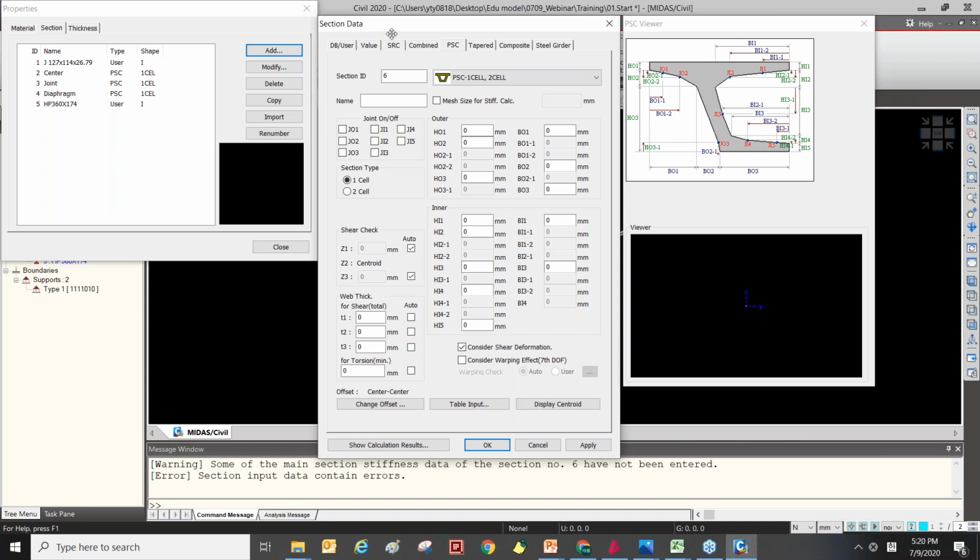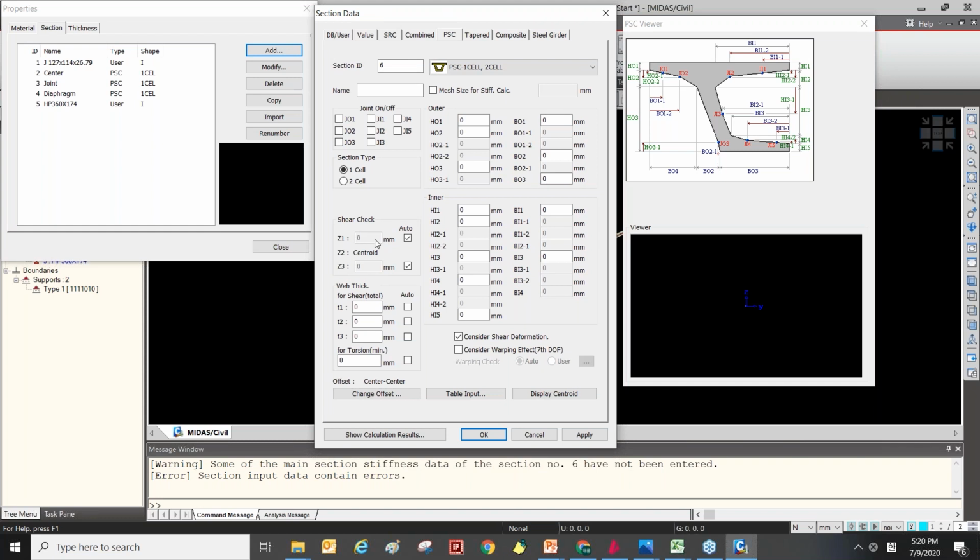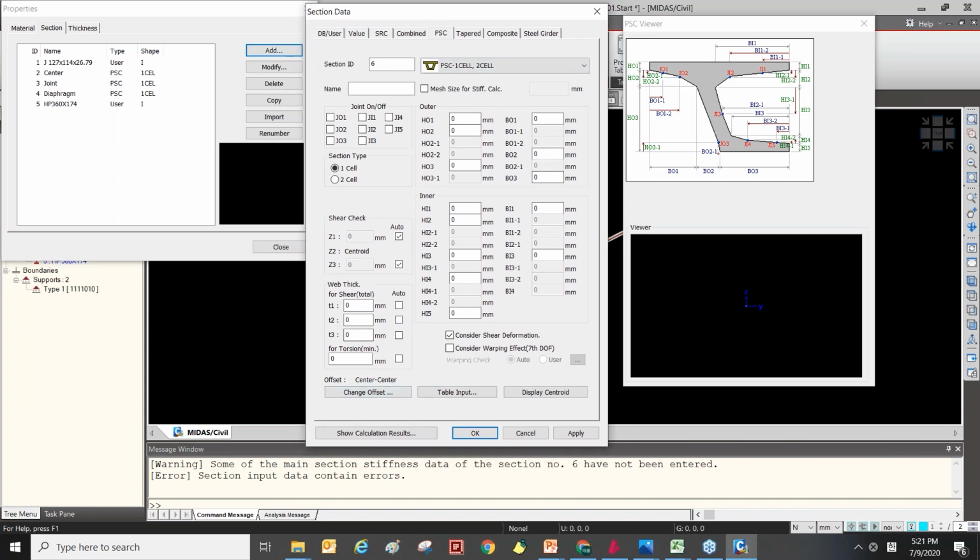So as you can see, there is a shear check and web thickness. Those are for the design feature. So if you want the analysis model only, you can ignore this option. When I make a model for analysis, I just check on the auto option.